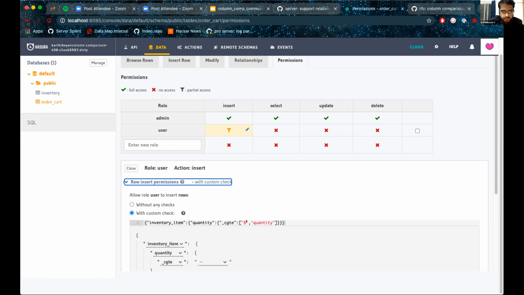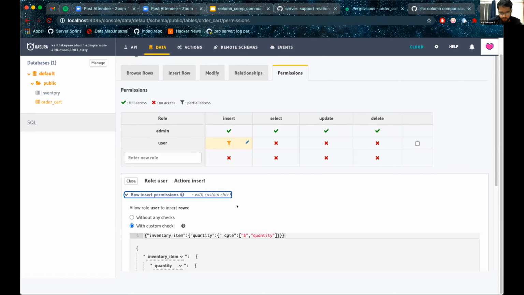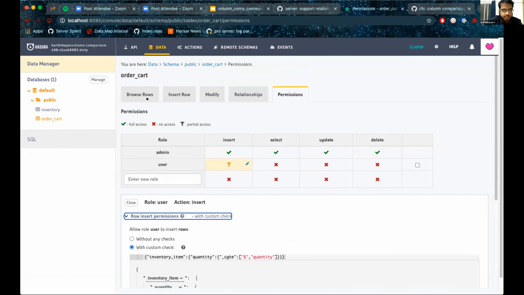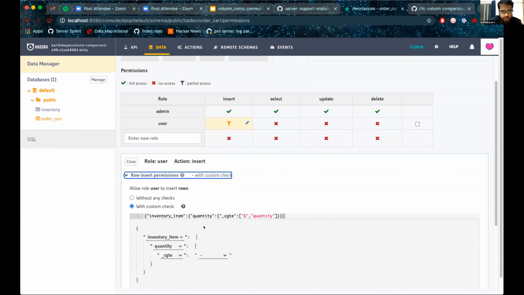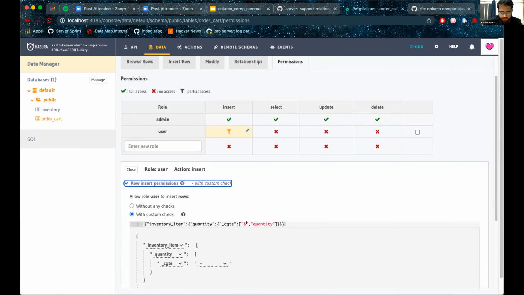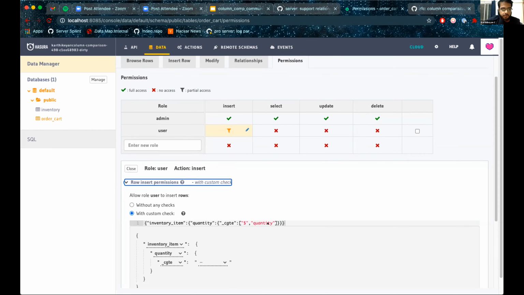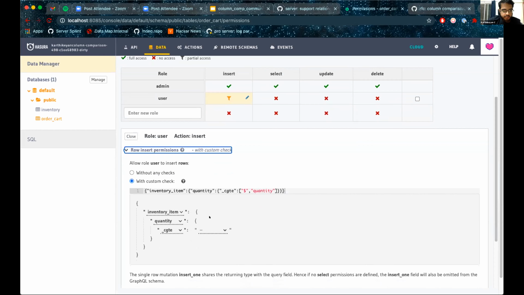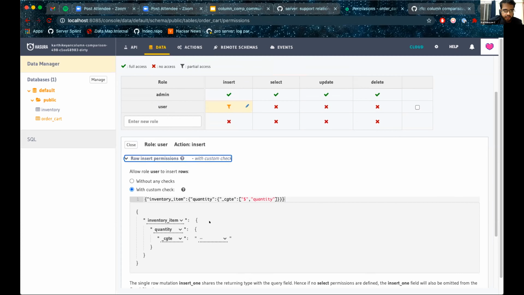Here $ means the table on which we are defining the permission, and in this case it will be order cart. So we are saying that the inventory's quantity should be greater than or equal to the quantity of the order we just made. This is what we are comparing. This is a check that will run every time we insert.